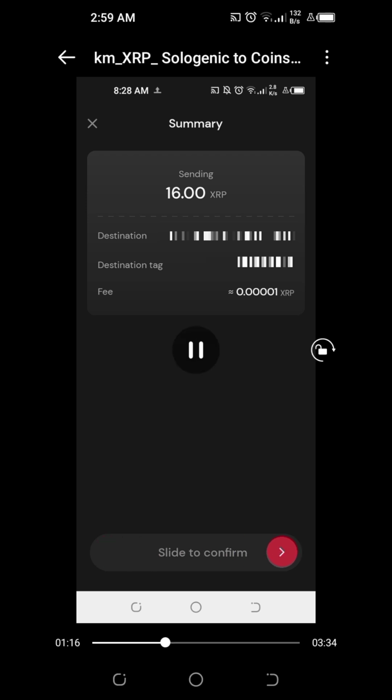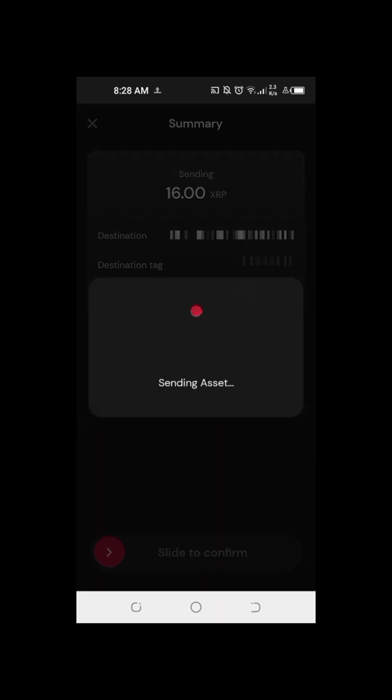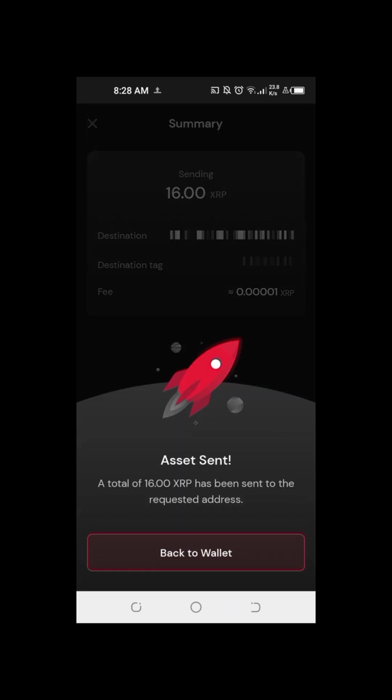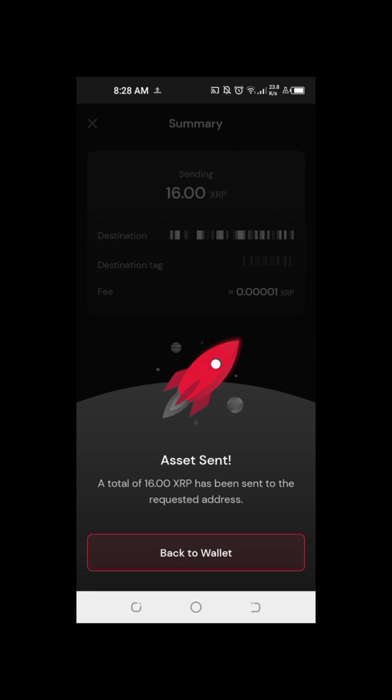So on our Solo DEX, we just need to slide and confirm, enter our wallet password and confirm sending the asset. It only takes a few seconds. Just like that, we receive a prompt that our XRP asset is already sent to the requested XRP wallet address.